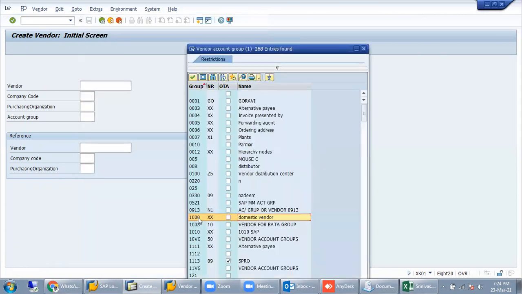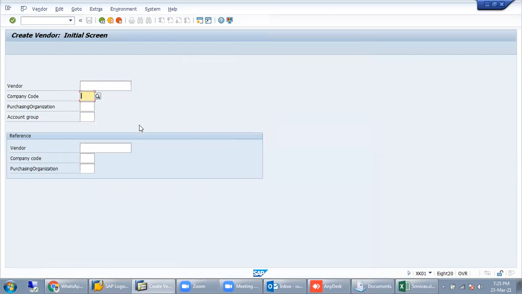That group is not only for segregating the vendor, there is one more purpose, that is to control the fields. Each and every field in the vendor master we can control through that account group only. First of all, we have to give the company code. In the vendor field, the vendor code will be generated.